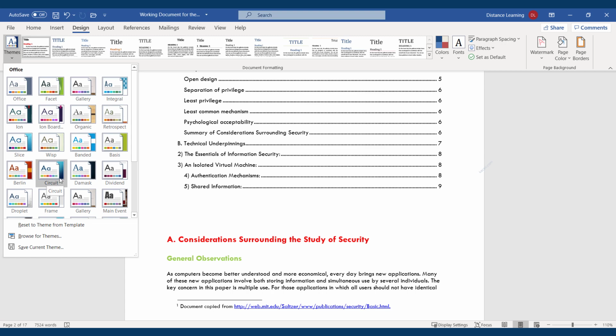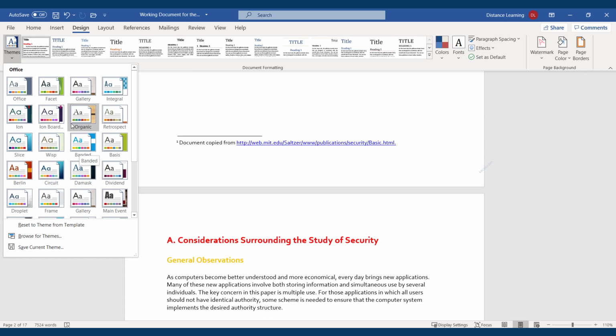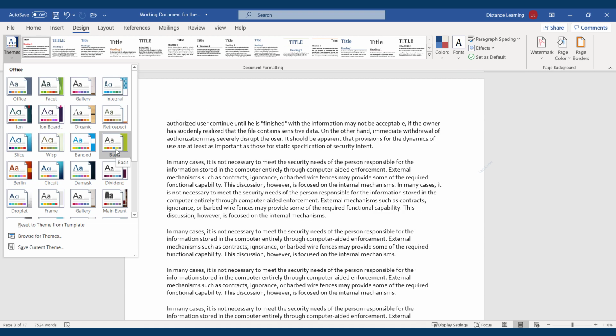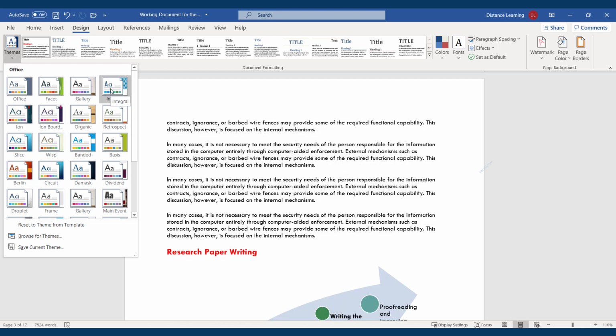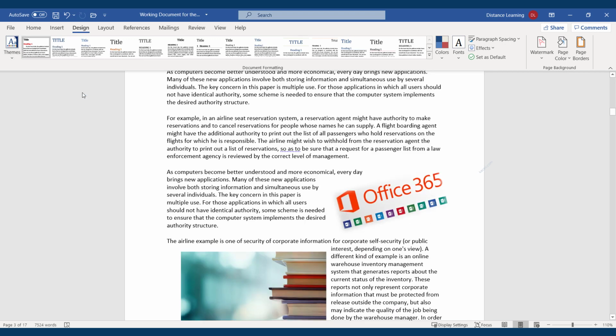And notice it will give you a live preview of what the document is going to look like once that theme has been applied. Notice it changes the font style, it will change the color combination, and things of that nature. So pick one of the styles that you prefer,